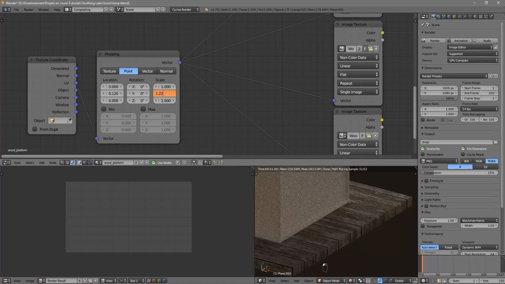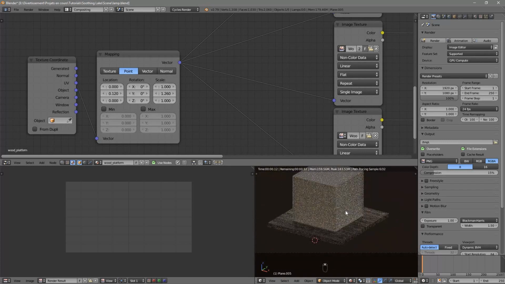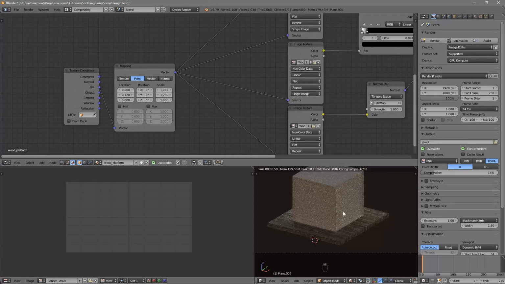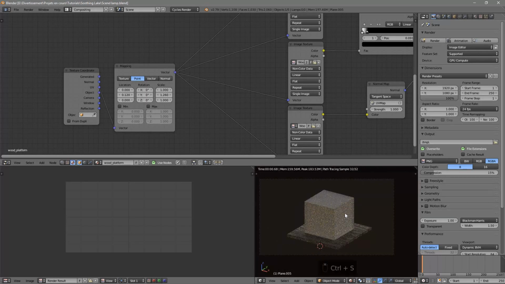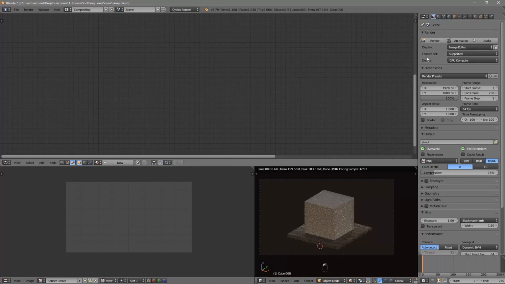Actually, I just want to place every wood plank as it should. So here we have about 11 wood planks or so, but it's okay since we're not actually going to see all of the details because the object is pretty small. So I think it's fairly enough. I'm going to save my project, and next I'm going to work on the wood structure,